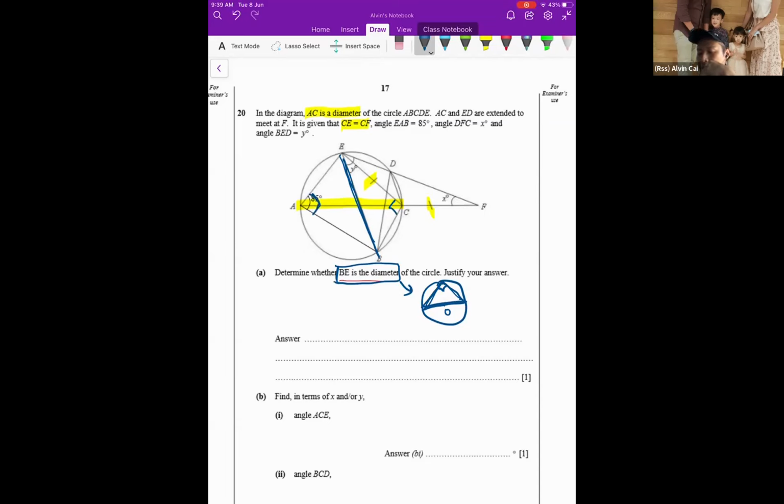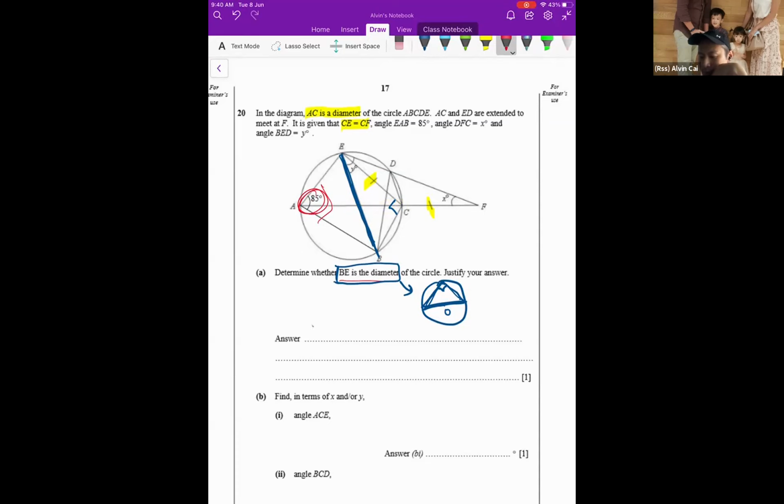So very clear cut. If this line is a diameter, this angle must be 90. But in this case it's not, because over here it's 85. So straight away we can conclude, since it's 85, it's not 90 degrees, so therefore it's not a